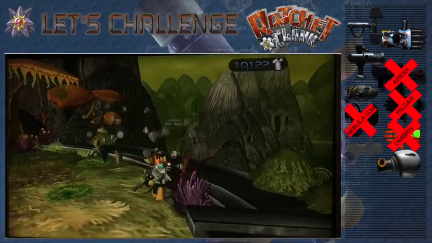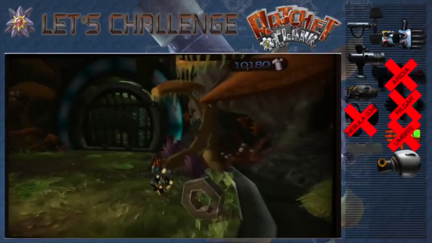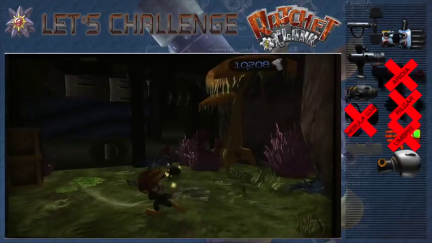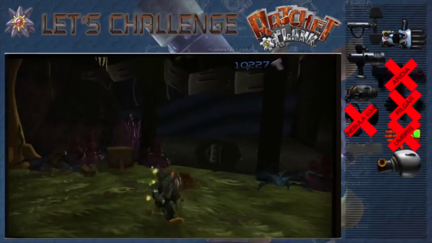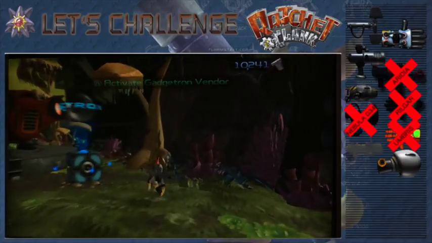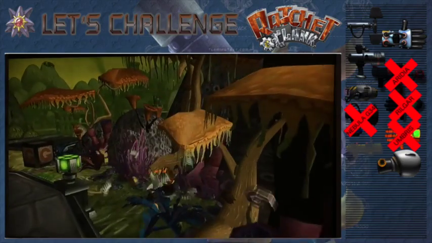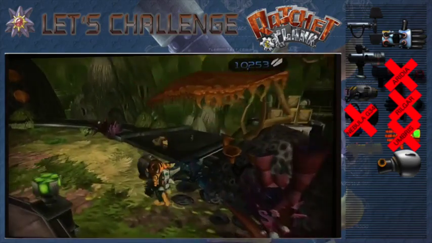So now obviously we have the O2 mask, which allows us to breathe in this poisonous atmosphere. You notice that the Clank area is currently closed off just for the moment, but we have two paths that we can head down now. We still won't buy anything. I think the best thing for us to do is...